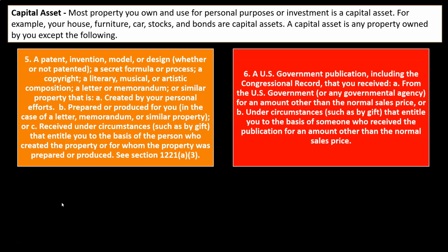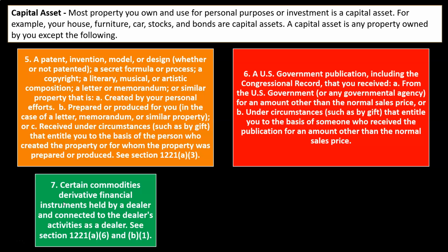And 6, a U.S. government publication, including the congressional record that you received A, from the U.S. government or any government agency for an amount other than the normal sales price, or B, under circumstances such as by gift that entitle you to the basis of someone who received the publication for an amount other than the normal sales price. 7, certain commodities, derivative financial instruments held by a dealer and connected to the dealer's activities as